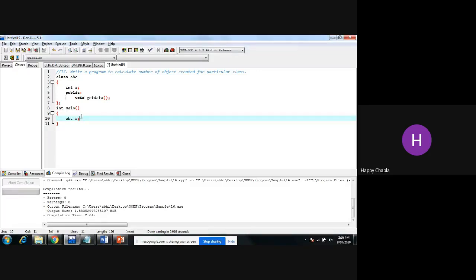If I write B, it is going to return that two objects are created. If I write C, it is going to show me that three objects are created. Now, how can you implement this?